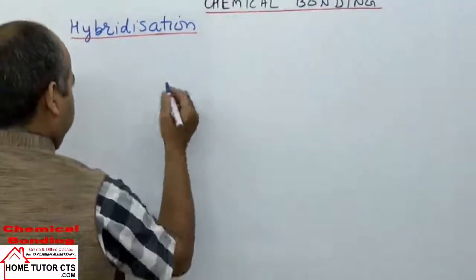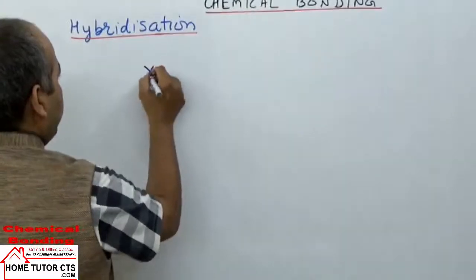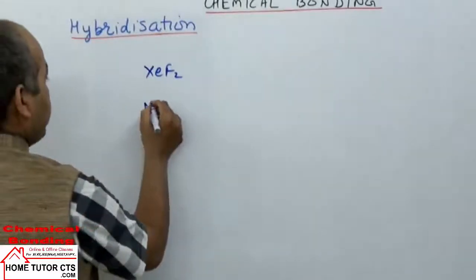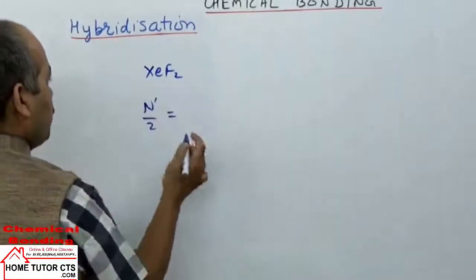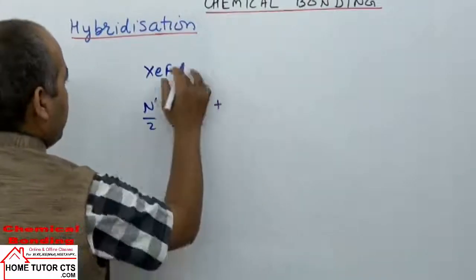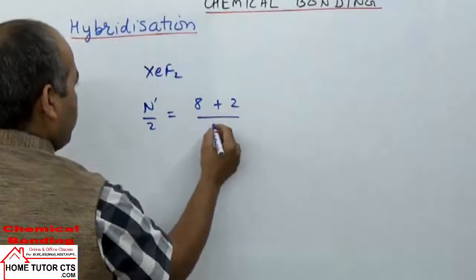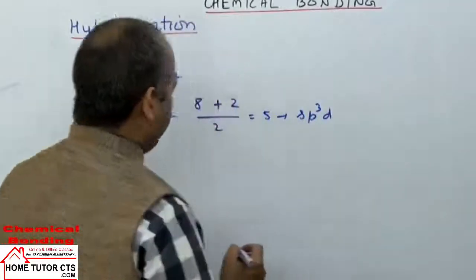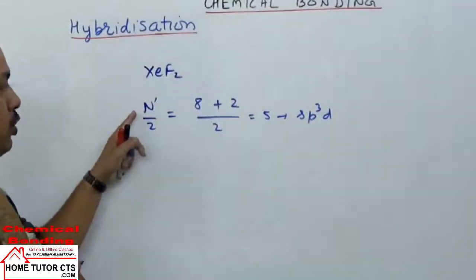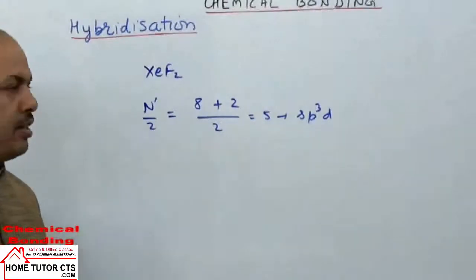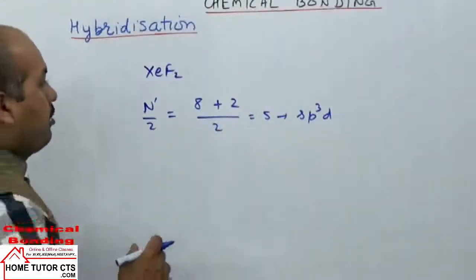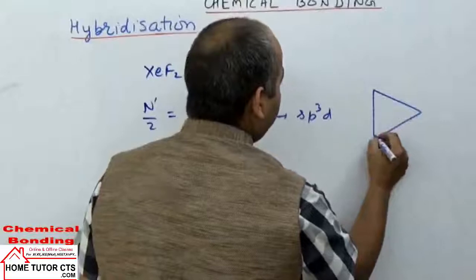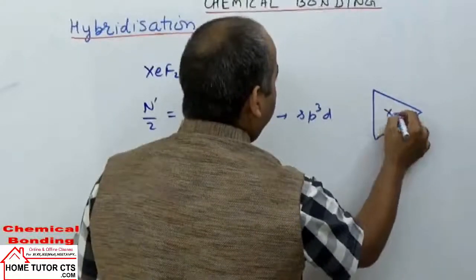If I take suppose here a molecule taken is, let's say, XeF2. In this case they require hybridization. So when we take the method of n by 2, what is n? Xenon is noble gas, outermost shell 8 electrons plus monovalent atoms 2, divided by 2, that is 5. 5 means it have hybridization sp3d. Number taken of n by 2 is taken 2, 3, 4, 5, 6, 7. So we have hybridization accordingly. So when we have hybridization sp3d, in this case the geometry will be taken trigonal bipyramidal,